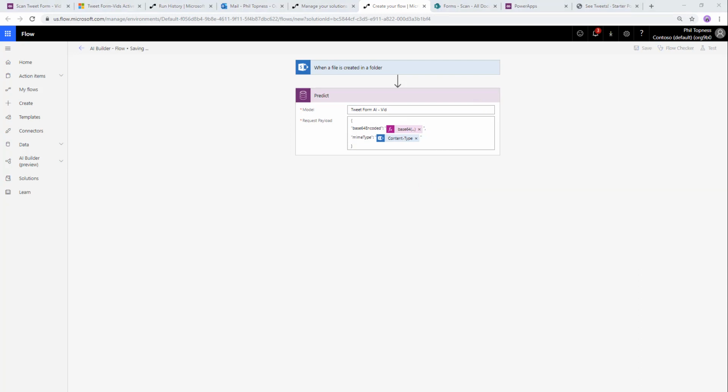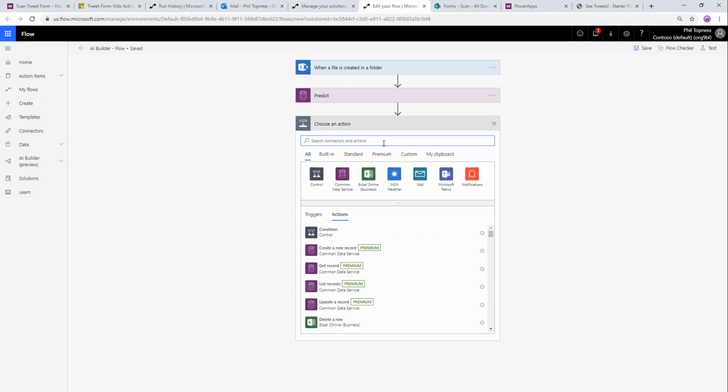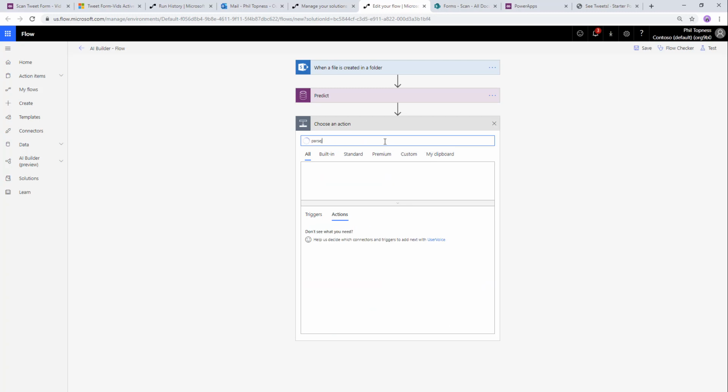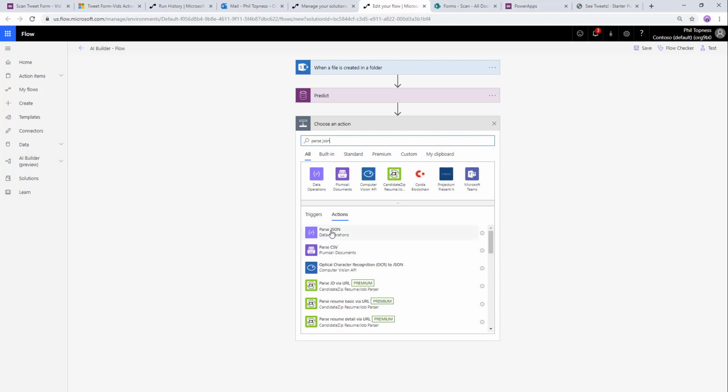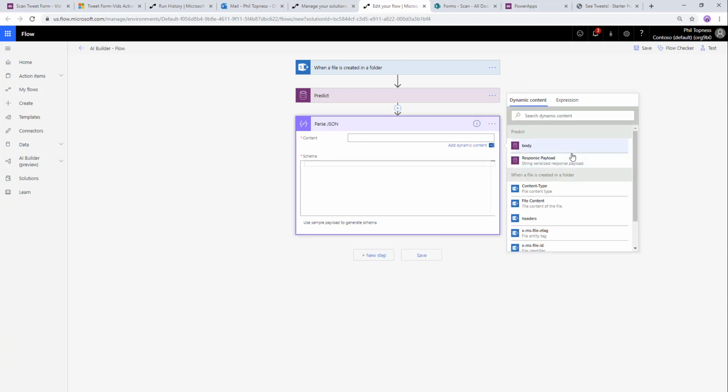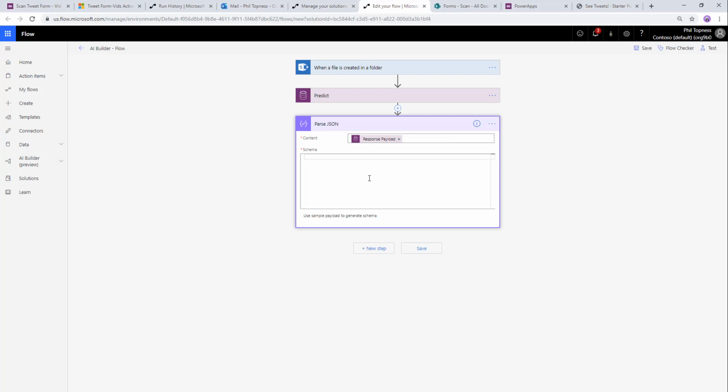Now this is going to produce some JSON. Let's take a look at what it produces. It's actually a relatively complex object, and we just care about part of it. To see what comes out, we'll just use Parse JSON here. We'll bring in our response payload, and we'll put an empty schema in so we can see it come straight out. So let's save this